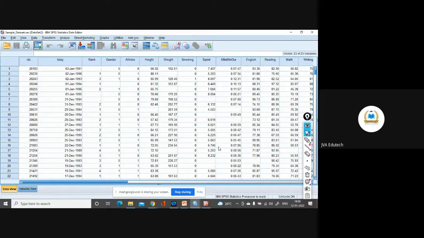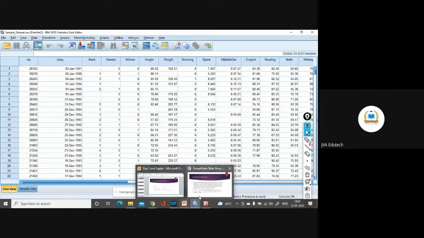You have taken four public banks, you have taken four private banks, and their employees, let's say, or their consumers. All consumers from the four public banks represent public banks only, and all consumers from the four private banks represent private banks only. So totally, you have only two population groups, private and public. So this is the case of independent t-test. Okay, sir. Thank you.